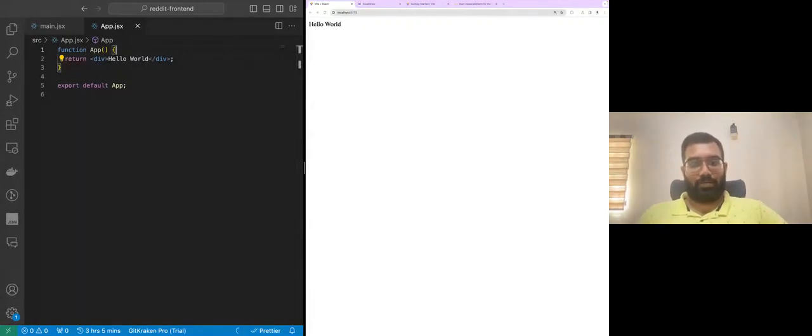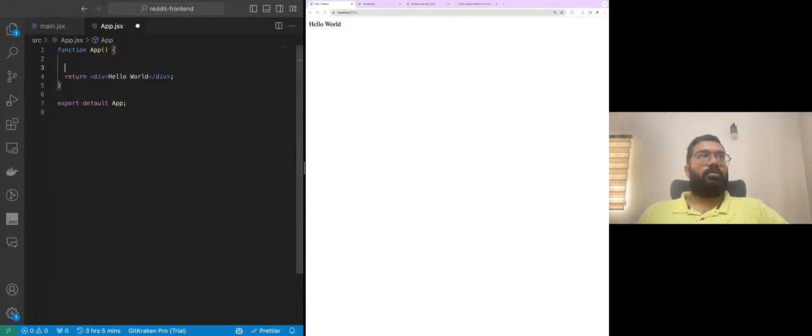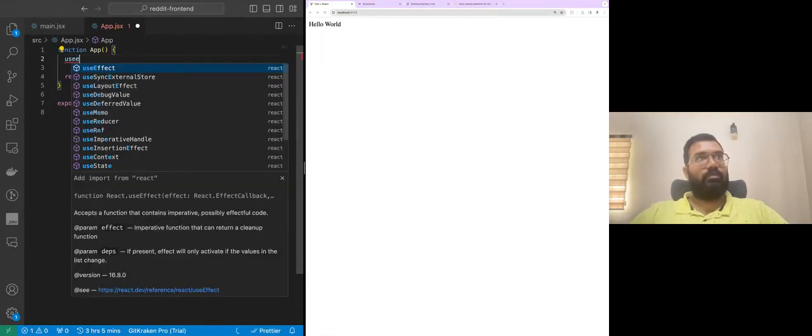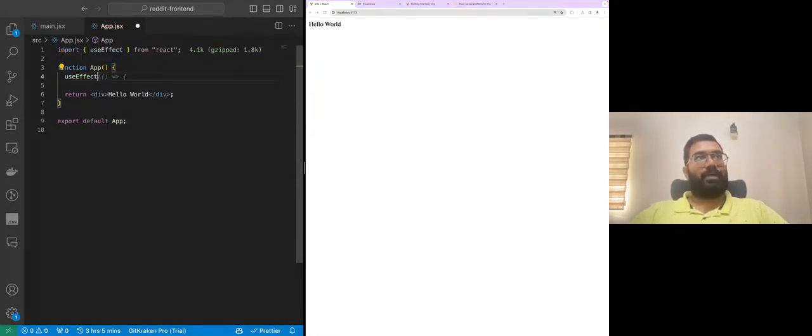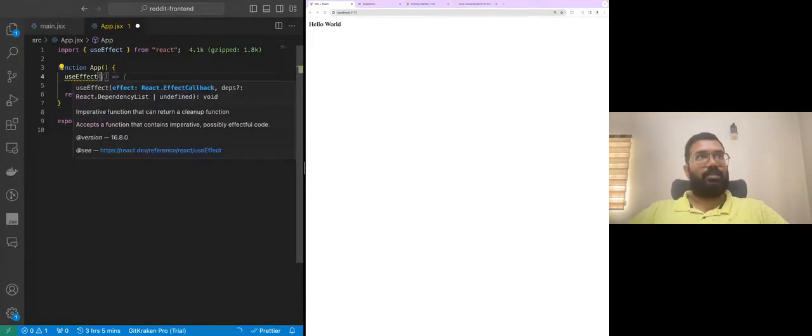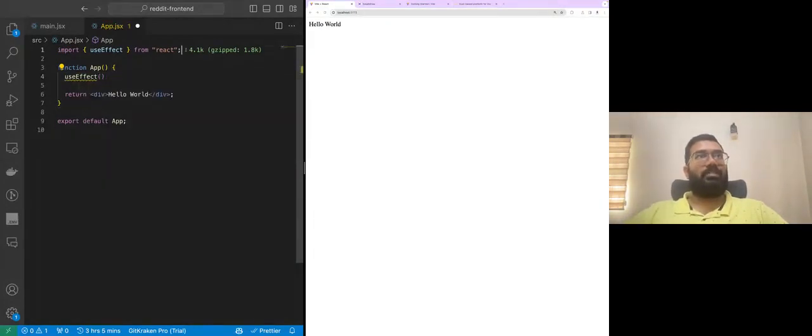To do that, I'm going to use something called the React hook of useEffect. So useEffect is provided by React to us, and it is a way of